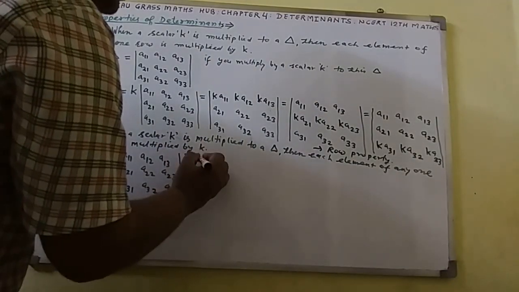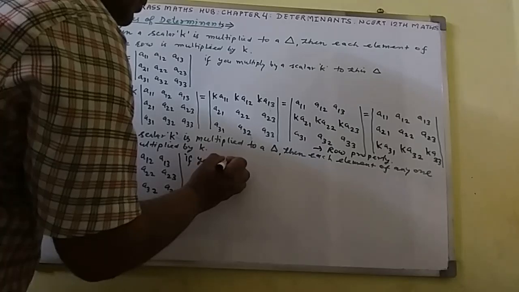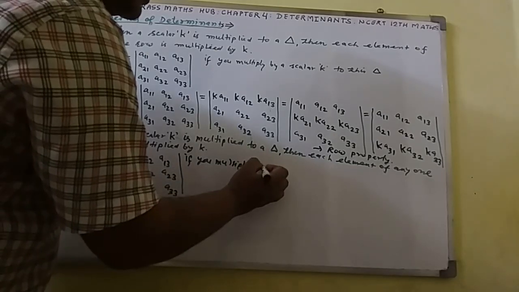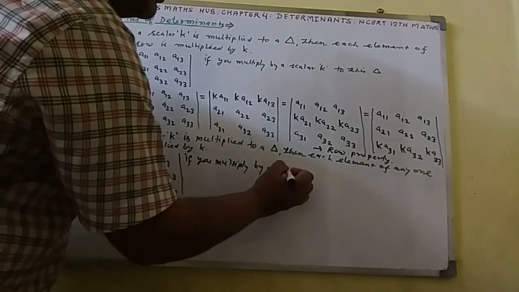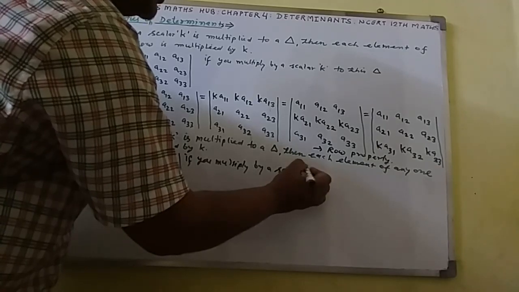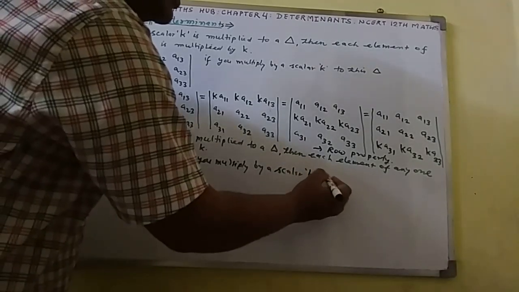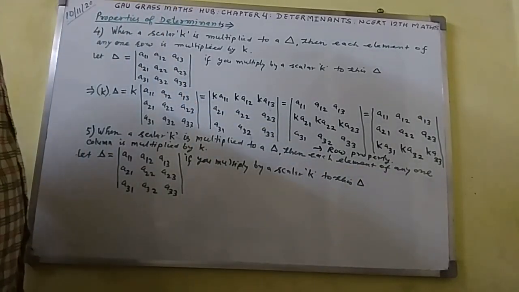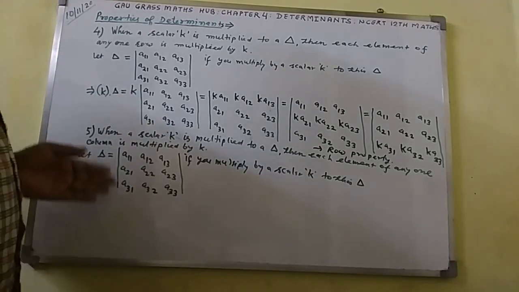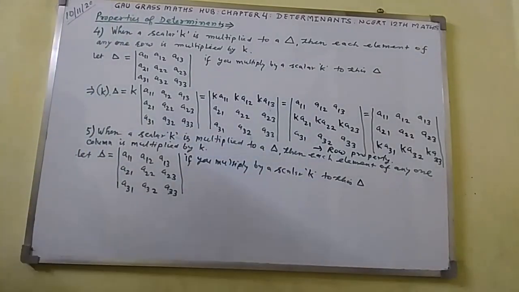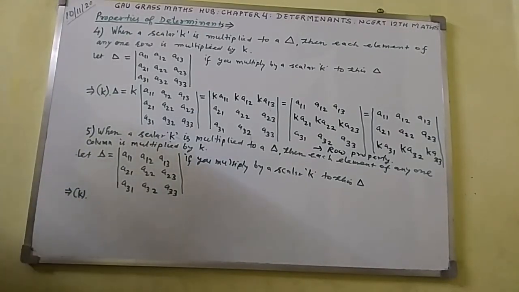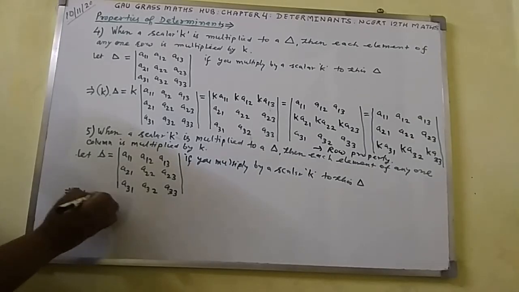If you multiply a scalar k to this determinant, column property, you can see here this is the column property. By this property it will be implied that k will multiply to the determinant here. You will get k multiplied to the determinant here,